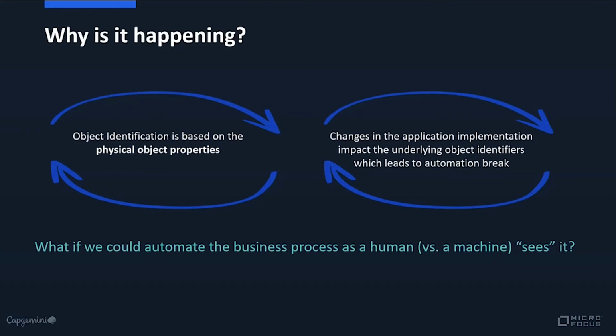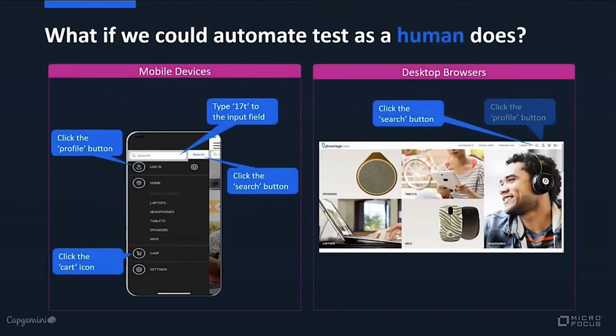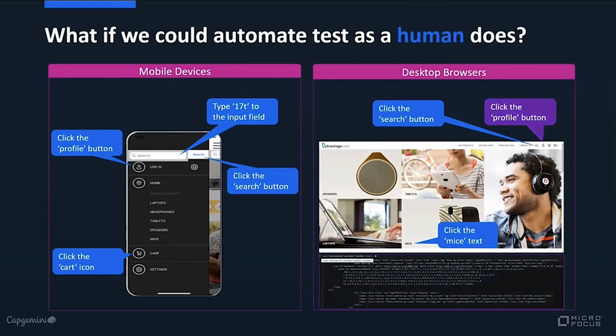As a manual tester, you might not require scripts or physical properties to identify controls, because you can see these controls as they appear on the screen. You can see the profile icon, search fields, input fields, and click buttons with your eyes, and the information is sent to your neurons, and the brain processes that and identifies that this is a profile button. You can click on it, and this is an input field. You can enter something in it. This is how human beings recognize objects,